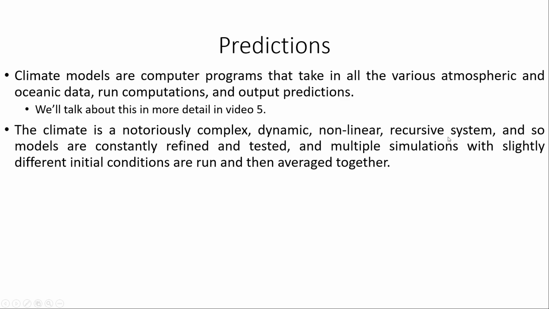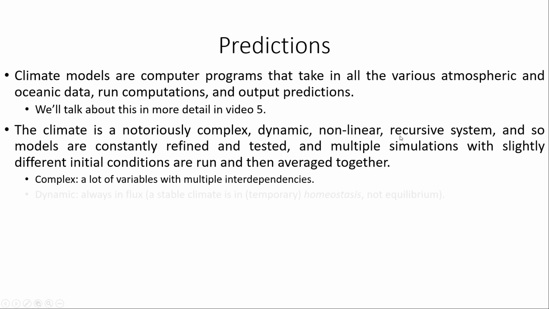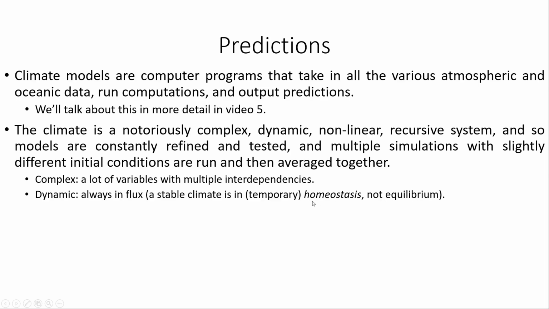And so I listed out these descriptions of the climate up here. So what I mean by each of them is, for complex, it means they have a lot of variables and they have multiple different interdependencies between the variables. Dynamic meaning always in flux. So a stable climate is in what's called homeostasis. So it's not in equilibrium, it's in homeostasis, which means that everything is in flux, but the fluxes are all at a relatively steady state, and so there is no net change,